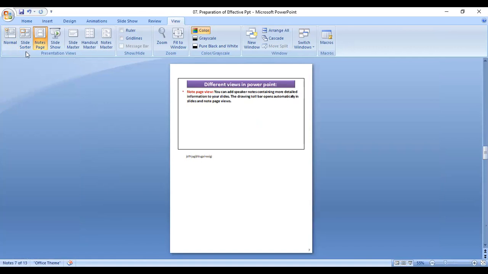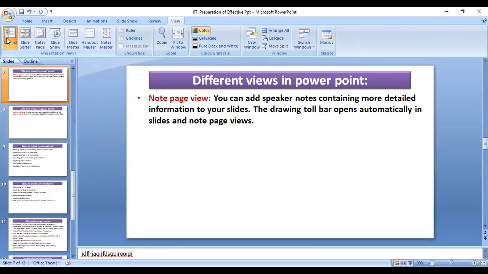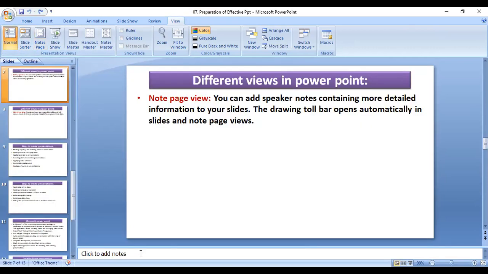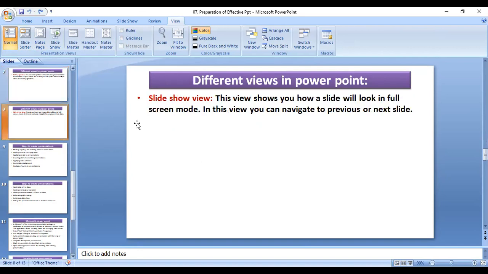And in the slide view, see here, you are able to see that data which you have typed. Previously it was not there. See, previously it was not there. Here the note can be added in that particular slide. That is the note page.